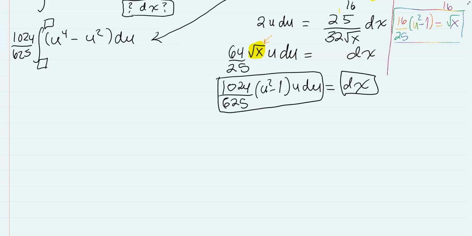So when x is 0, we have u squared equals 1 plus 25 over 16 square root of x, which is 0. So u squared is equal to 1. And if u squared is equal to 1, then u is equal to plus or minus 1. Okay, now I'm going to write plus or minus 1. But we are just going to deal with the positive value